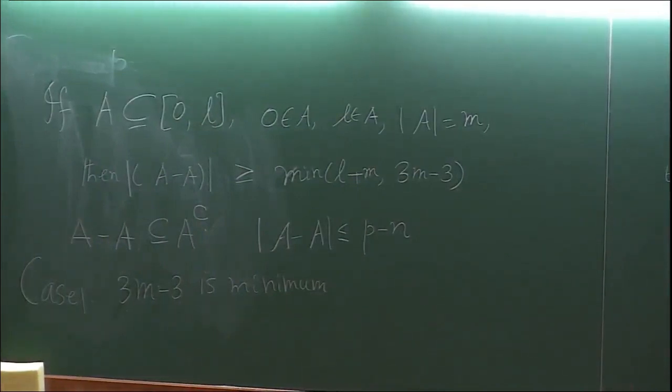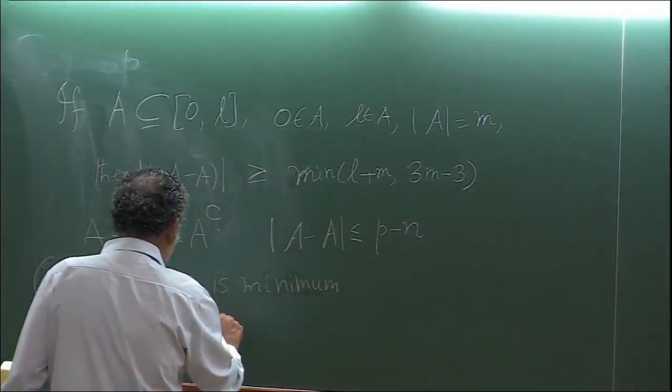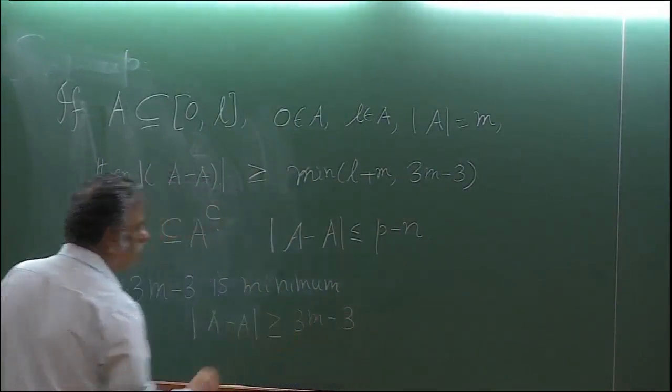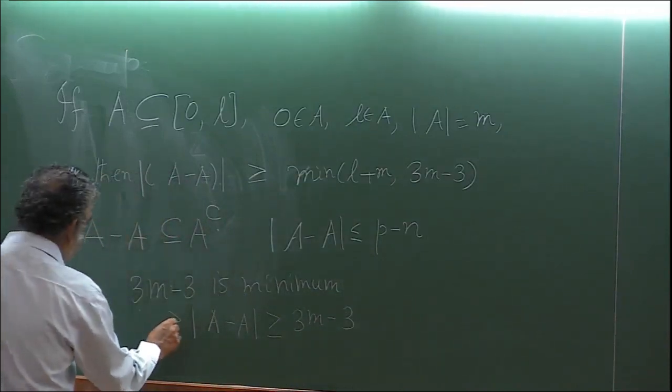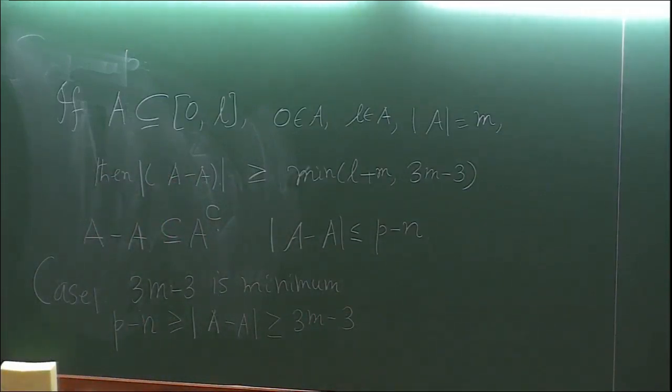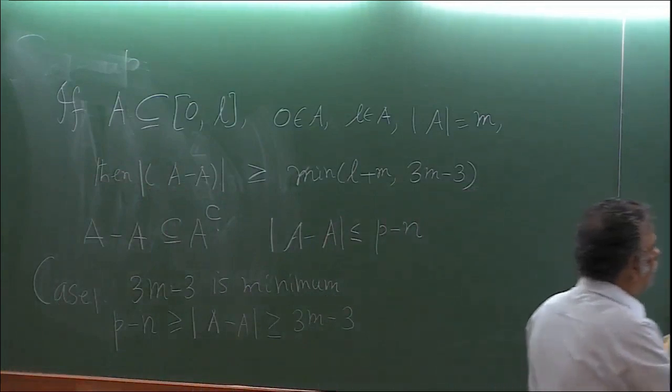In case 3m minus 3 is minimum, that would mean essentially the cardinality of A minus A is bigger than or equal to 3m minus 3. On the other hand, this cardinality is less than P minus N, because A minus A is contained in A complement. Since A minus A is contained in P complement, this obviously leads to a contradiction because M is at least 0.238 and N is 0.318. That leads to a contradiction immediately, and therefore this case does not arise. Therefore, we conclude